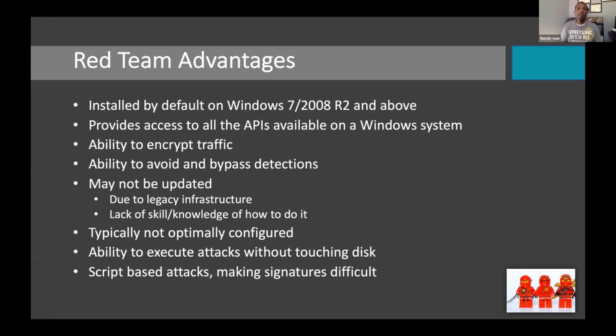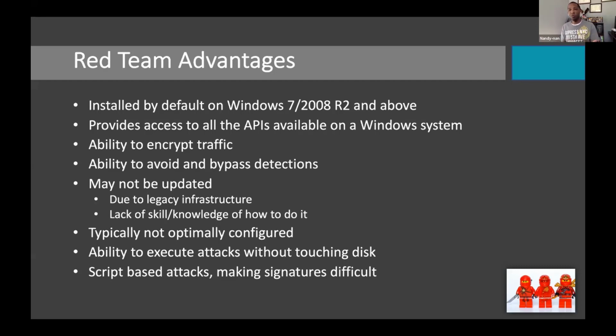Now, we have the ability to bypass or really avoid detections, as I talked about briefly with the new advances with PowerShell v5 and newer. We, from a red team perspective, can still bypass and navigate our way through them, but it is much more difficult. Now, if we're lucky enough, we find ourselves in an arena where somebody's using a legacy version of PowerShell, specifically PowerShell version 2, which has no security features built in. And then it just makes it much more difficult for that blue team to be able to find us later on, right?